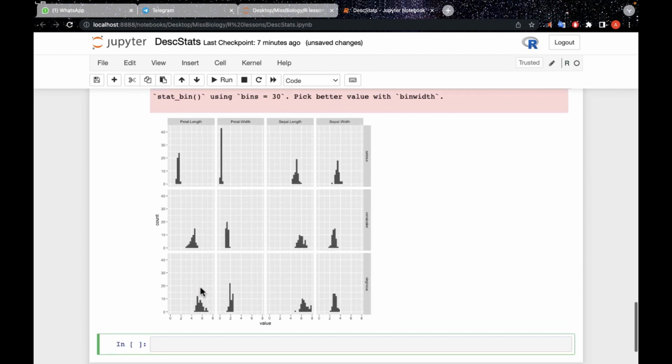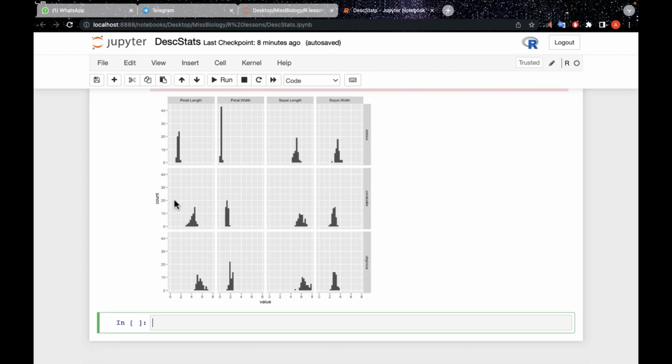And here we have histograms for the petal length of Setosa and the petal width of Setosa, sepal length and the sepal width. And we see here a skewness to the left in the petal length, and the sepal length to the right, more to the right. This is more like a Gaussian petal. And the versicolor, it's kind of different from the petal length.